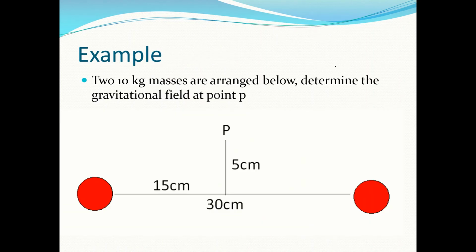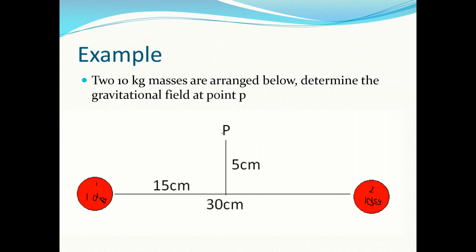Okay, and this last one is quite a tricky one. We're going to do this one together. So we have two 10-kilogram masses. We'll call this mass 1, mass 2. And we want to determine the gravitational field at point P, right? So just like with the oiled up buff guys, there doesn't need to be anything there to have a gravitational field. So here at point P, there's a field that exists from both of these,